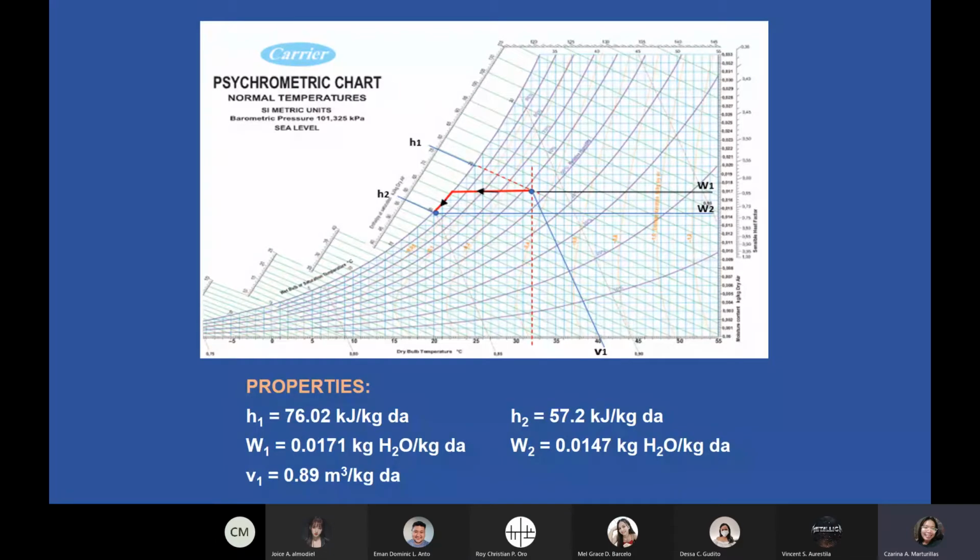For the first condition of the air, we plot the H1, the enthalpy, the specific humidity, and the specific volume. It is found out that these properties are 76.02 kilojoules per kilogram of water. Finding the enthalpy is very crucial when using the psychrometric chart, no, because